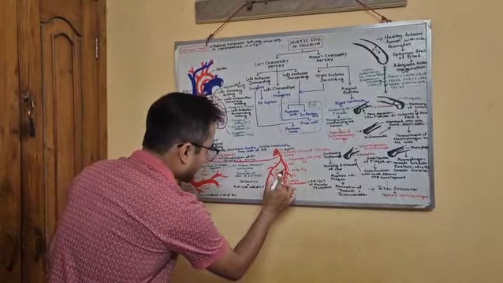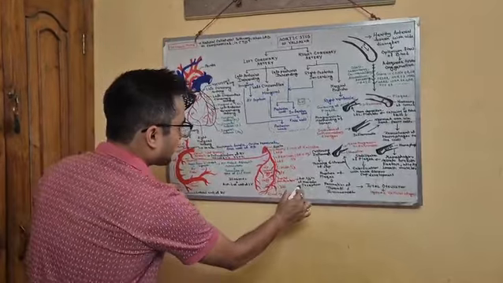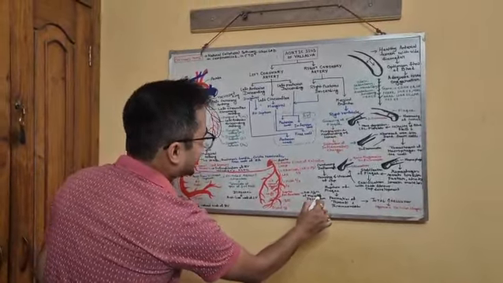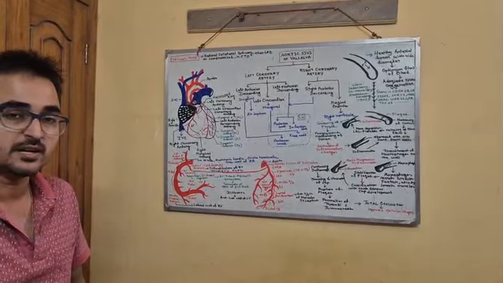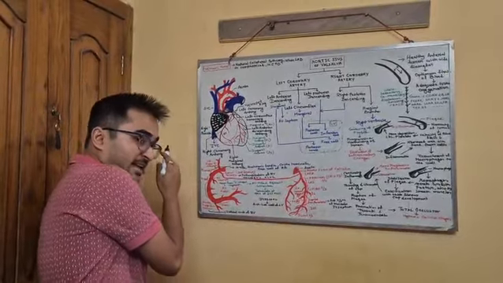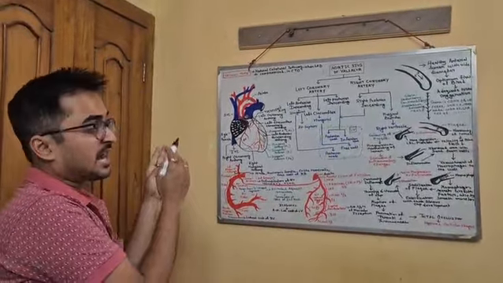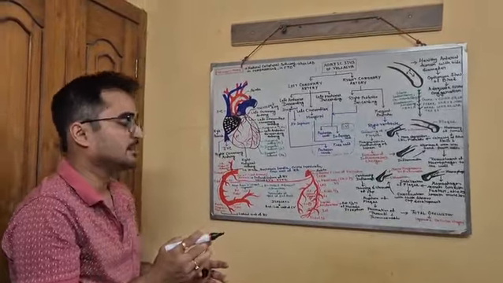This is one septal perforator, this is the second, and this is the third. These septal perforators supply the anterior two-thirds of the muscular part of the interventricular septum. Now, just like the right coronary artery, our left coronary artery also has three parts: proximal, middle, and